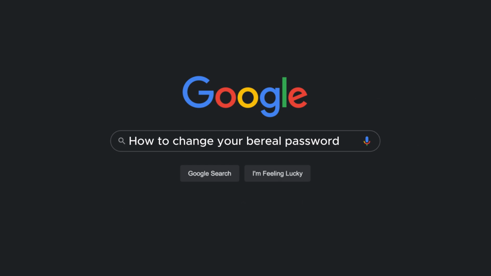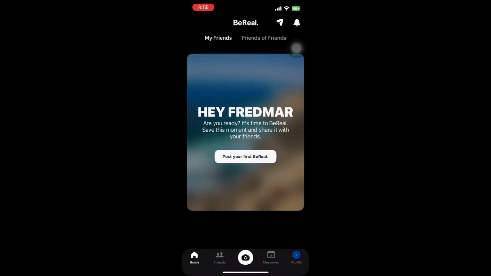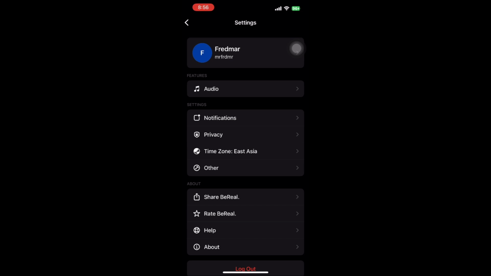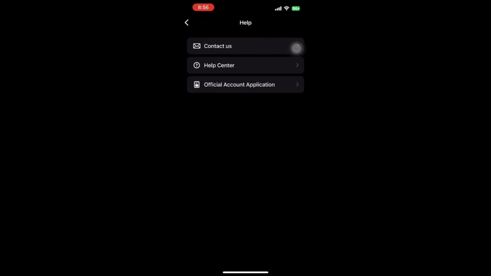So if you're trying to change your password, the closest thing in Bereal is simply signing in again with your phone number and using the text message verification code that Bereal sends you. Bereal's official help says it is impossible to create an account or log in to an existing one without entering the correct verification code. That means there is no separate password screen to edit